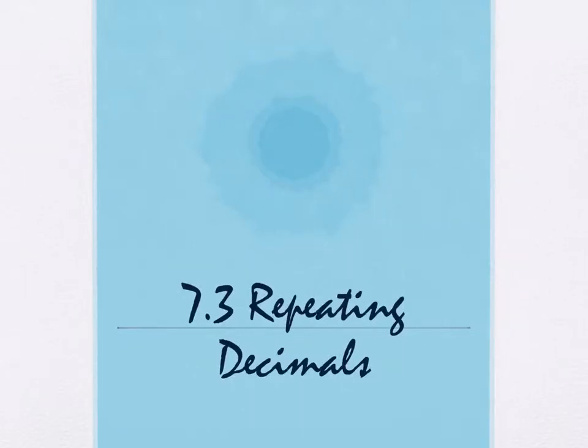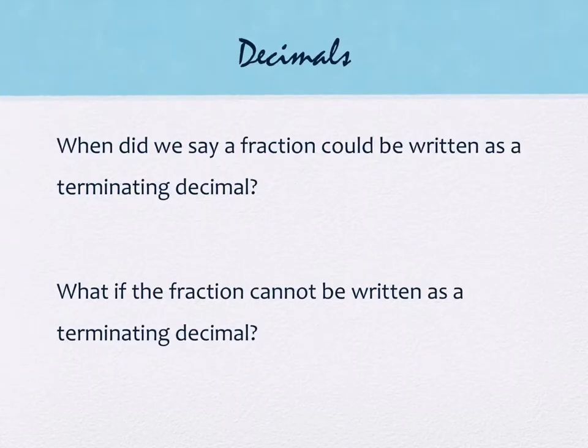Section 7.3 is entitled Repeating Decimals, and we're going to go back to something we did in an earlier section and think about that first. The first question I'd like for you to think about is, when did we say that a fraction could be written as a terminating decimal? This is a couple of sections ago. If you'll remember, we talked about the terminating decimal coming from a fraction that had a certain kind of denominator. In particular, Theorem 7.1